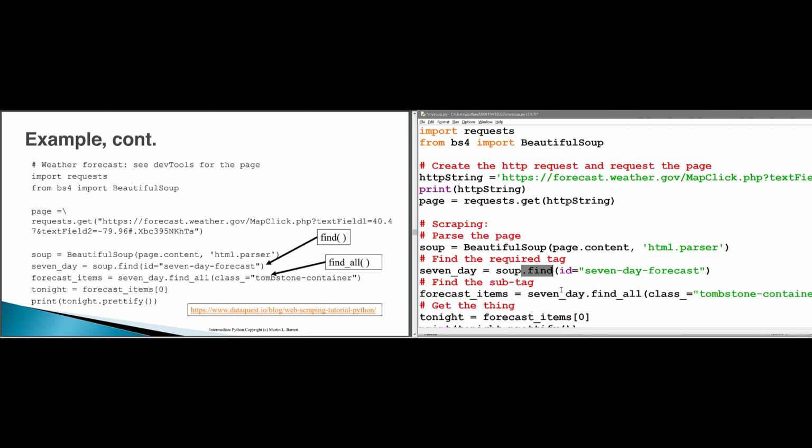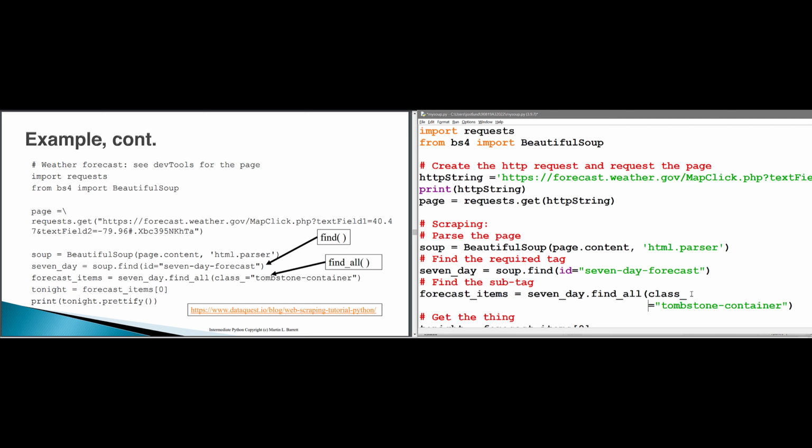Now, I did not prove that there's only one 7-day forecast in here, but you could search for 7-day forecast, and you would discover that there is only one. Within that 7-day forecast hierarchy, I can then also search for, and let me hit the enter key here so we can see everything,